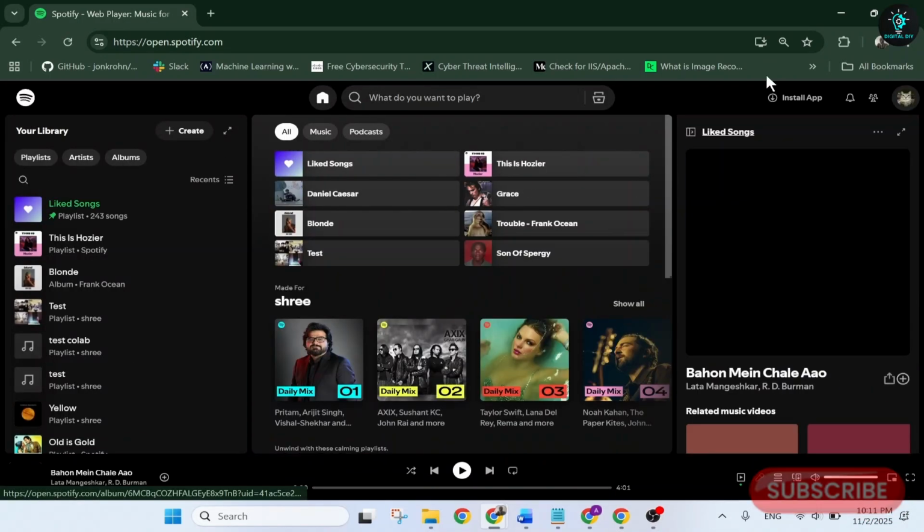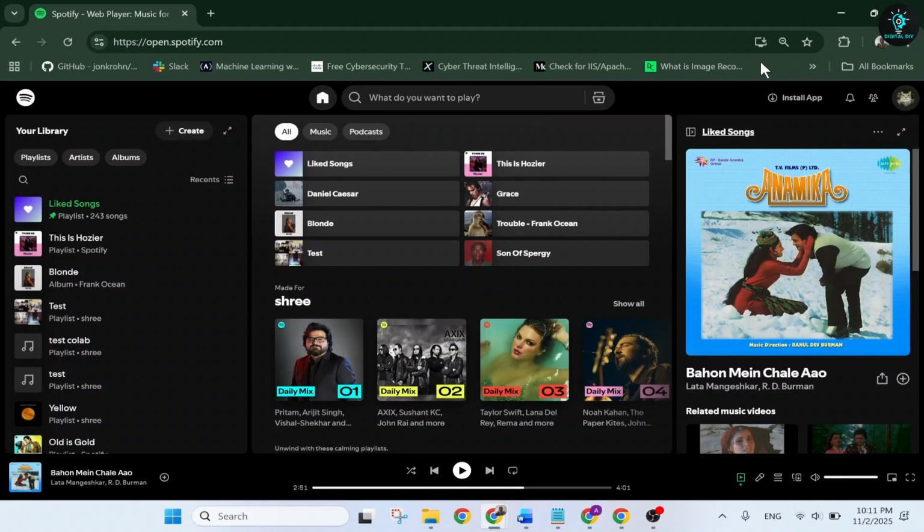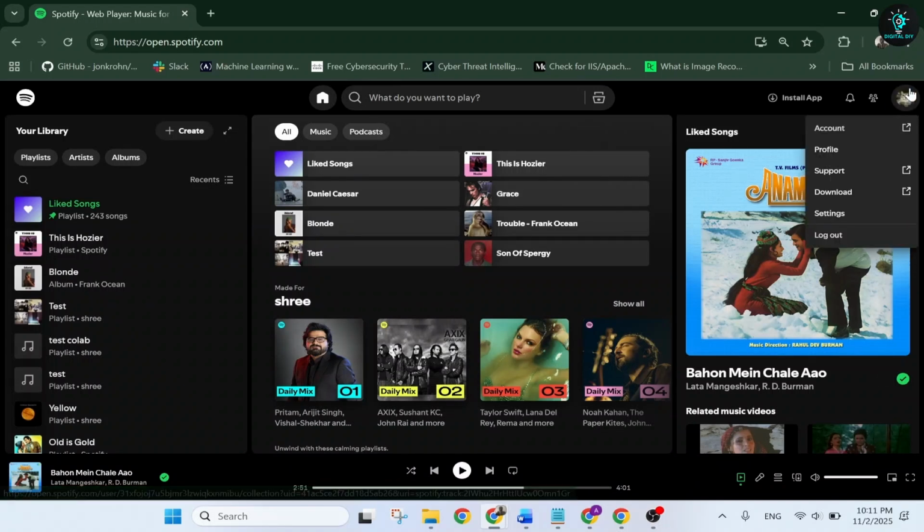After you've logged into your account, tap on your profile icon that you will see on the top right corner. This is the one right here. Tap on your profile icon, and from there you'll find multiple options. What you'll need to do is tap on this account option, which will redirect you to another website. So tap on account,